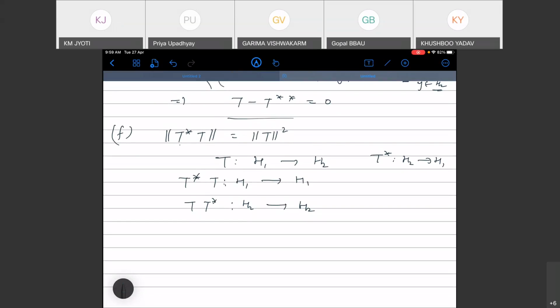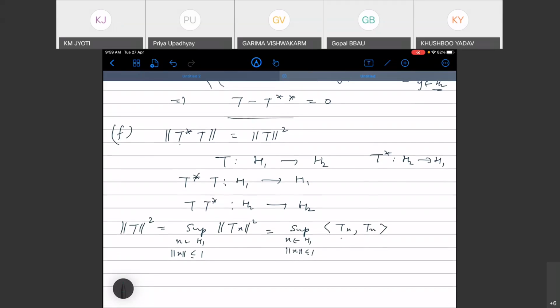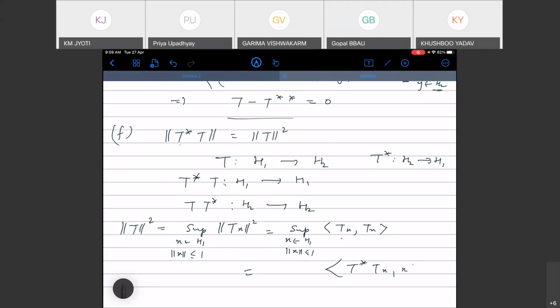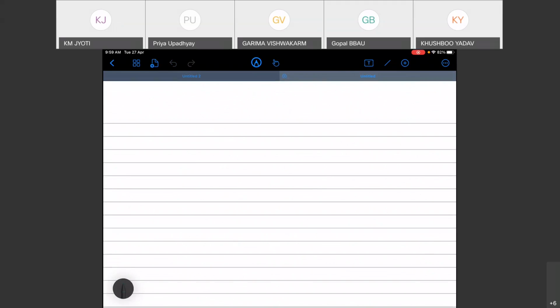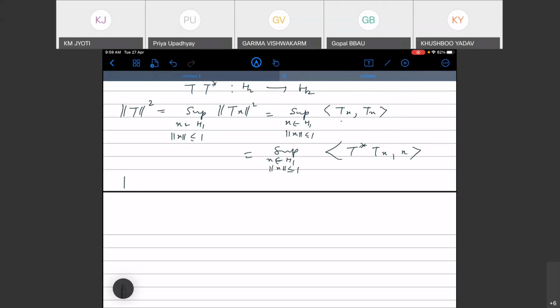Yes. Now use definition of norm t. This is supremum x in H1, norm x less than equal to 1, norm tx square, which is tx with same x in H1 and norm x less than equal to 1. Okay, so now use t star here. So this is t star of tx comma x in H1, norm x less than equal to 1. Or from here use Schwarz inequality,